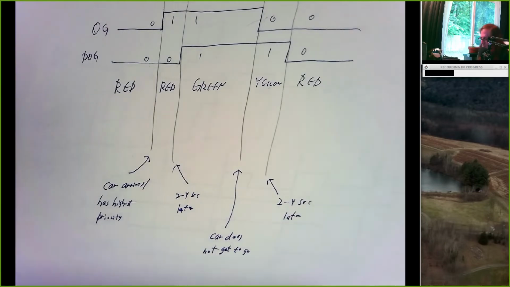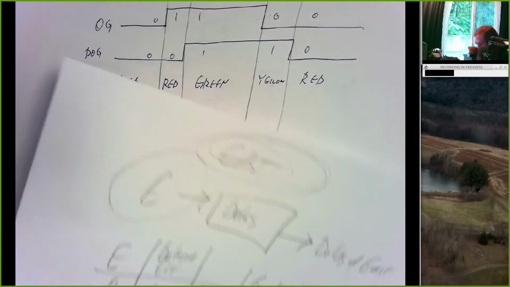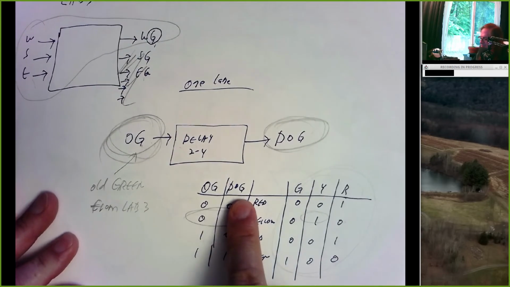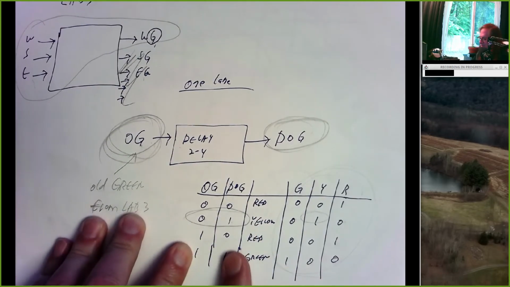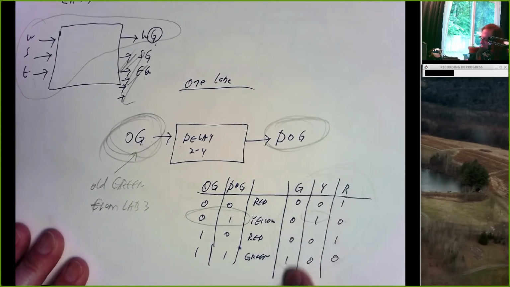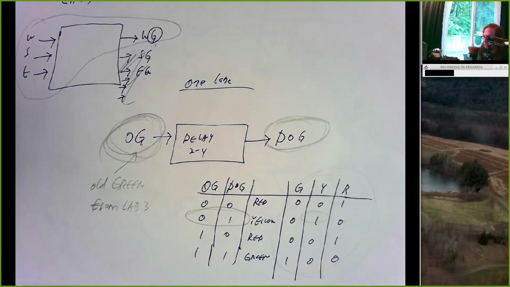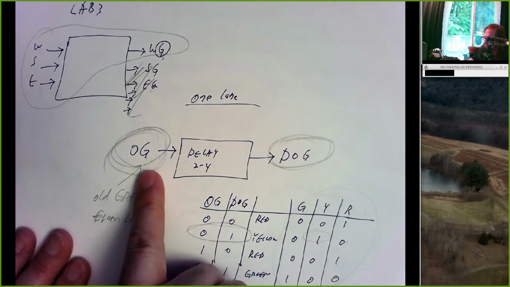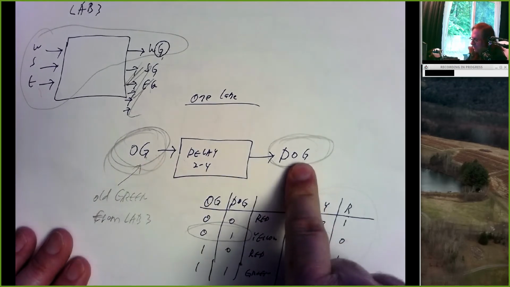And from that we can make this truth table of the old permission and the delayed old permission, and the different combinations of those tell us what color our light should be. And so we can make our truth table for green, yellow, and red. But again, it's not a truth table of the car sensors. It's a truth table of the Lab 3 permission signal, the old green signal, and the delayed version of that